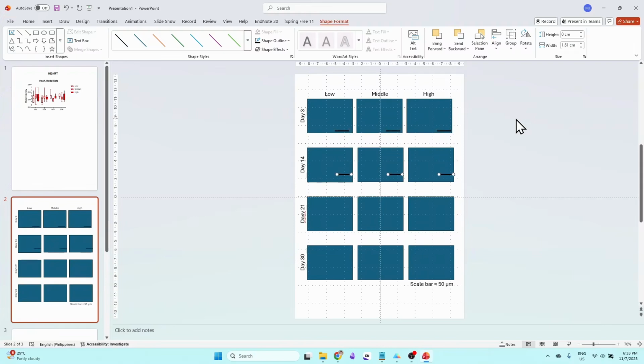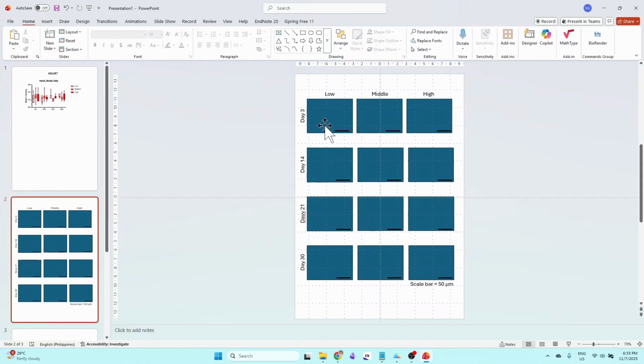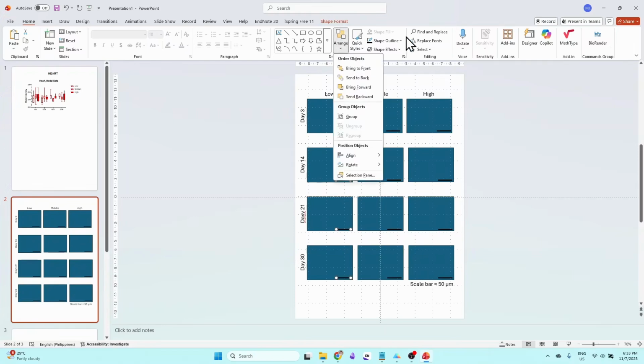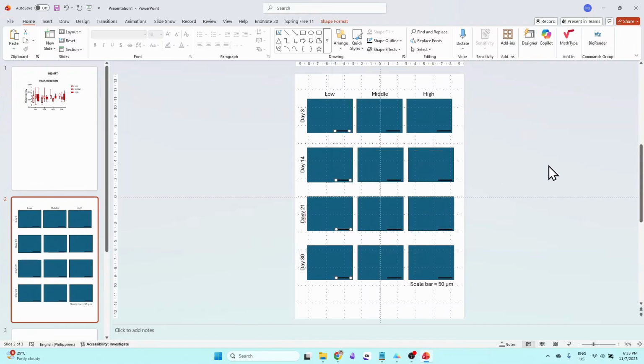Make sure that all photos will have perfectly aligned scale bars. Okay, so again, it's up to you how you will make sure that they are aligned. So you can just select it and just use the arrange and align functionality. Okay,